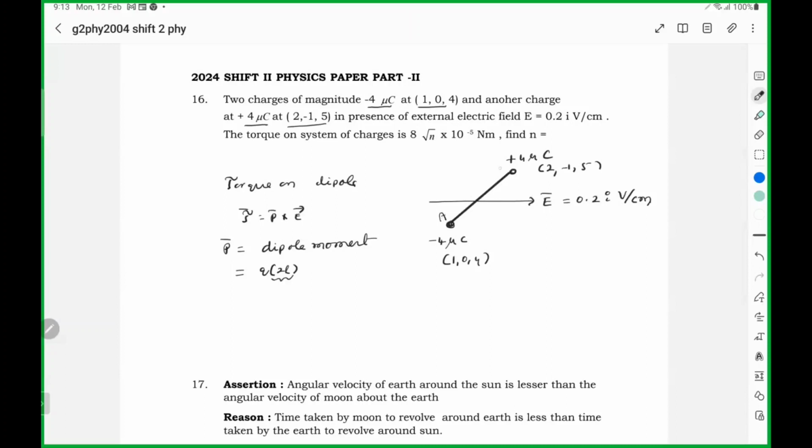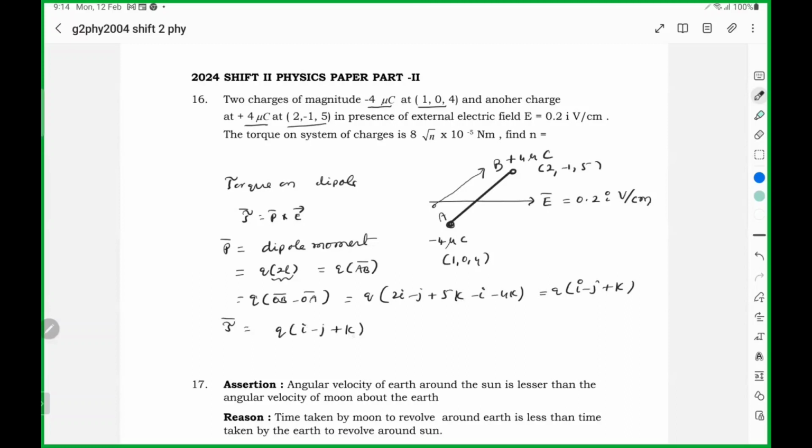So that is nothing but AB, because the dipole moment is a vector, and its direction is from negative to positive: OB bar minus OA bar. OB will be 2i minus j plus 5k, minus i, 0j, minus 4k, which gives i minus j plus k. This is the dipole moment. Torque will be Q times (i minus j plus k)